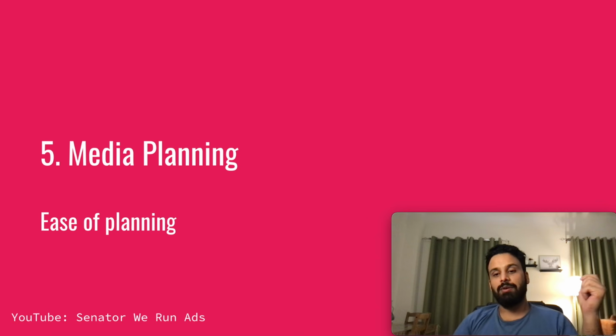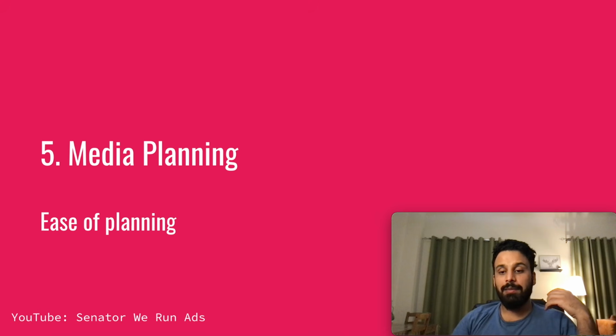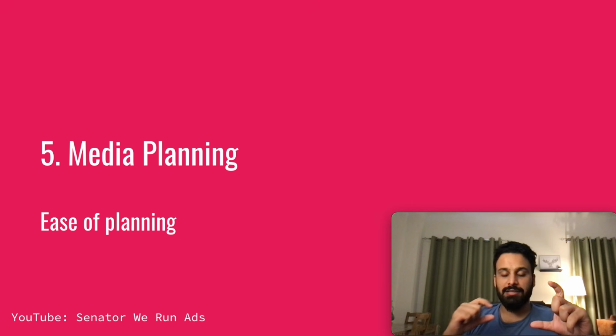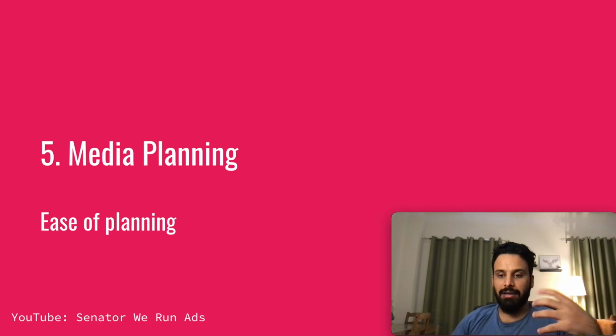And the 5th one would be media planning. Campaign Manager helps a lot in media planning as well. A lot of people do not use it, but if you have a big campaign, you can set up a plan based on which publishers you want to work with, their rates, what kind of deals you want to set up, whether programmatic, guaranteed, non-guaranteed. You can calculate the costs, and all of the planning can be done in Campaign Manager.